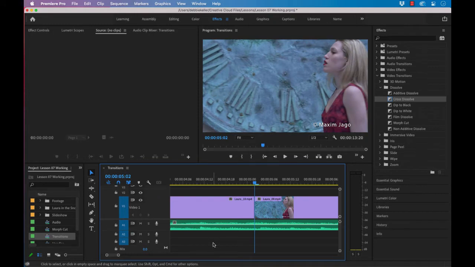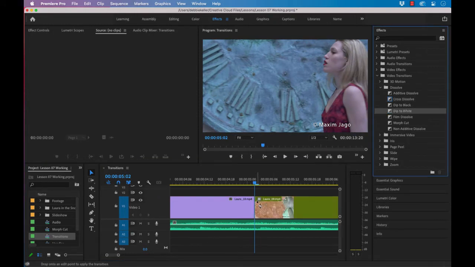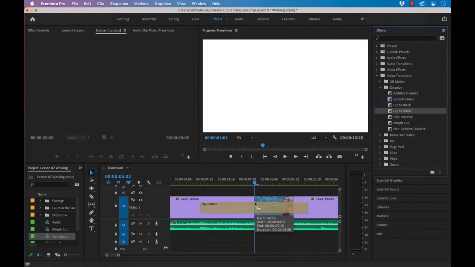Drag the dip to white transition effect from the dissolve group in the effects panel onto the edit point between clip 1 and clip 2. The effect will snap to one of 3 positions. Be sure to line up the effect with the middle of the edit, not the end of the first clip or beginning of the second clip. The dip to white transition effect gradually builds to a completely white screen, which obscures the cut between the first